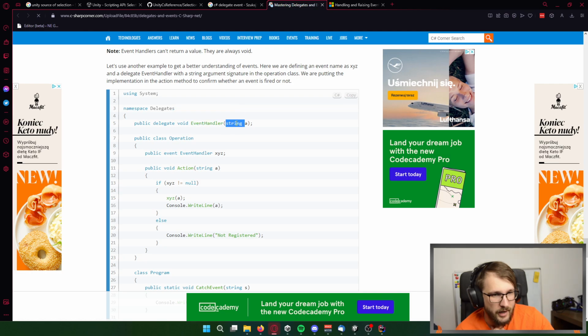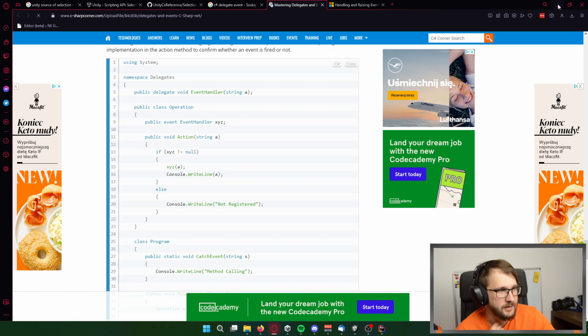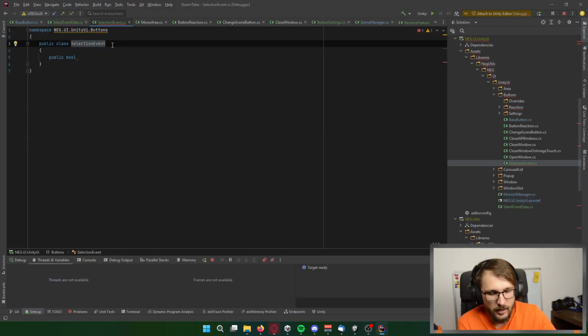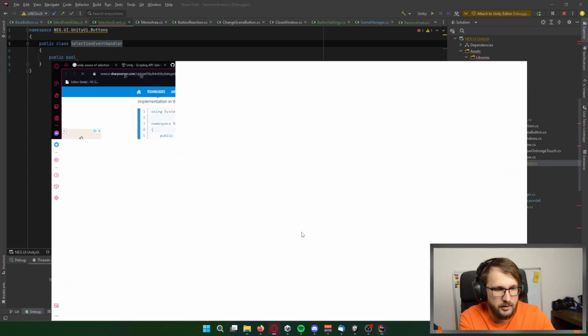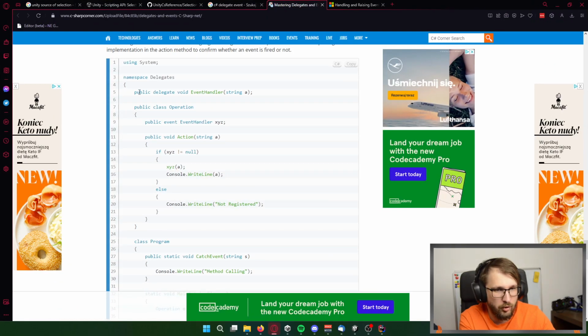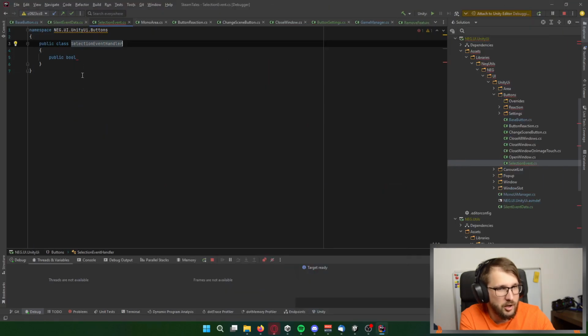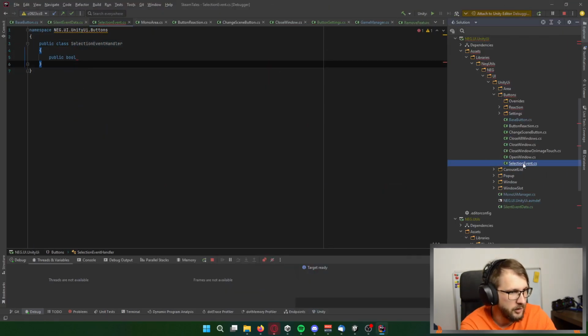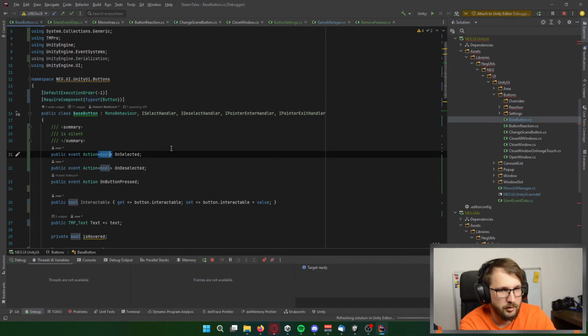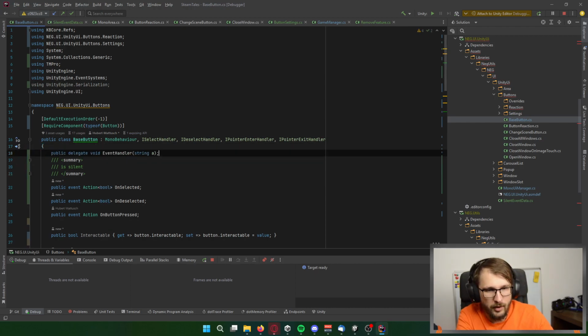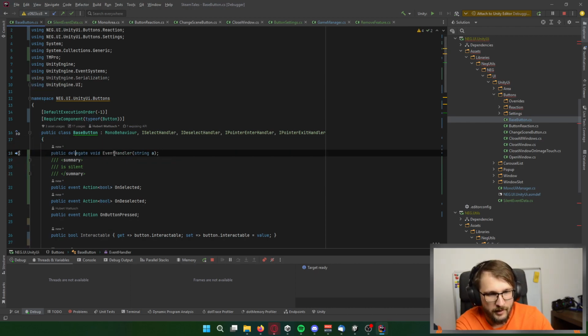And here I can pass a parameter. Yeah, and I go with that. Great. So selection event, let's go with handler. I think it's a convention from C#, so I think I don't need it here. So here in the base button, I can go with that, and it will be public delegate